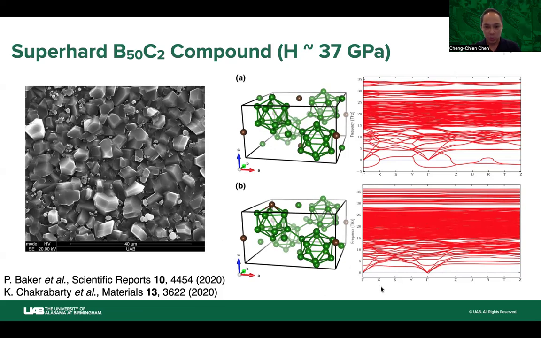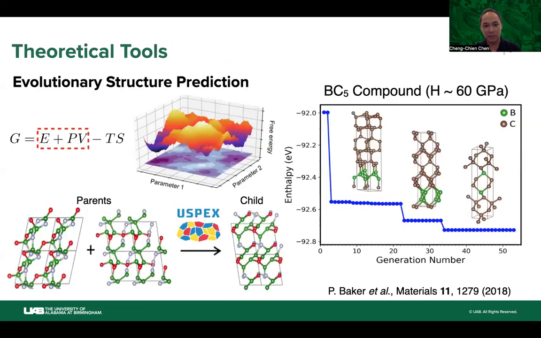Okay, so this is the case when we know the crystal structures. However, sometimes we have only the chemical composition information, but we don't actually know the structures, either from theory or from experiment. In that case, we need an extra step of crystal structure prediction. For crystal structure prediction, this means that we only specify the chemical formula and possibly also the number of atoms in the unit cell, and we try to find the local minimum of the Gibbs free energy. These entropy terms are sometimes complicated to model. So for this purpose, quite often in the literature, people try to minimize the enthalpy.